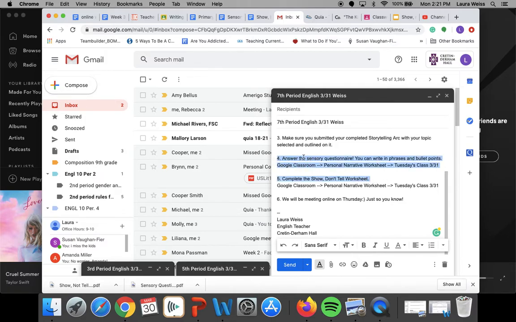So the last two things we have here today together, really the bulk of our class today, answering a sensory questionnaire. Okay, so we have the sensory questionnaire and then we have the show, don't tell worksheet. These are really the only two things I'm going to go over. So I'm going to go over these in a moment, but what I want to say is before I go